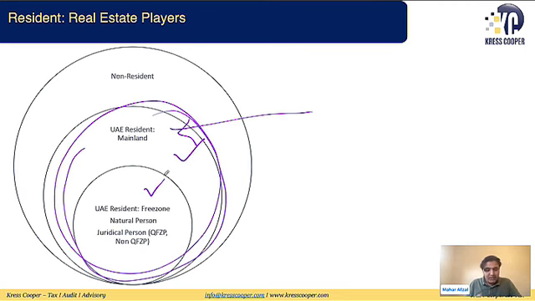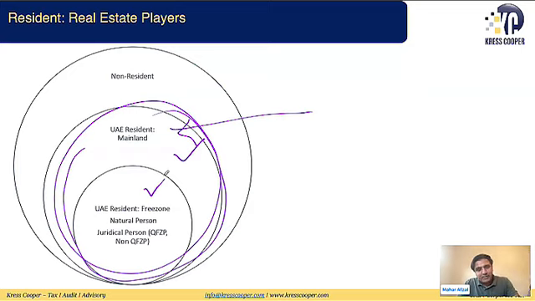This is the free zone. So this resident person can be a UAE mainland resident, or it can be a free zone resident. If the taxable persons are free zone residents, then if they are juridical persons, they can become a qualifying free zone person, or they can become a non-qualifying free zone person. And if these are not the persons, the players, I will discuss contractors, subcontractors,